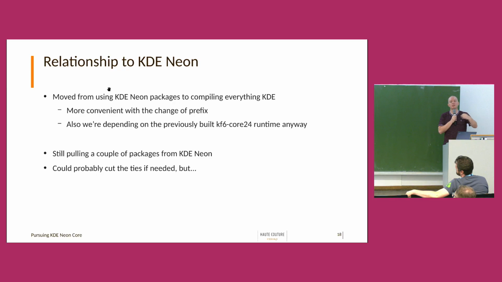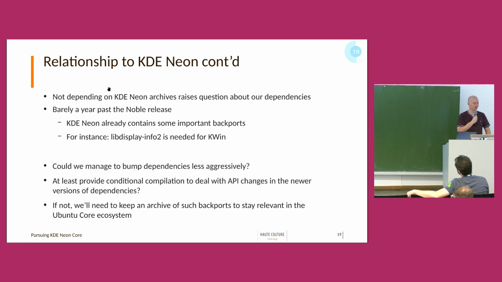And also we're changing the prefix, and the deb packages assume that they are in /usr. So we could get more control this way. We're still using the KDE Neon archive though, but for the dependencies, right? Because some of those dependencies are updated faster. So we could almost cut the ties, but